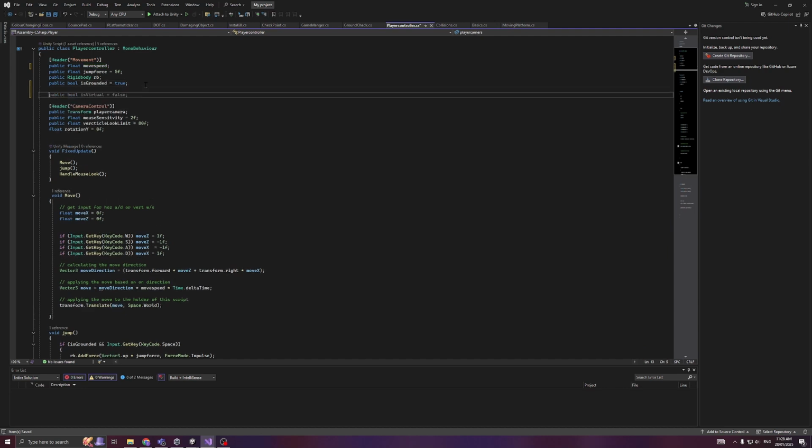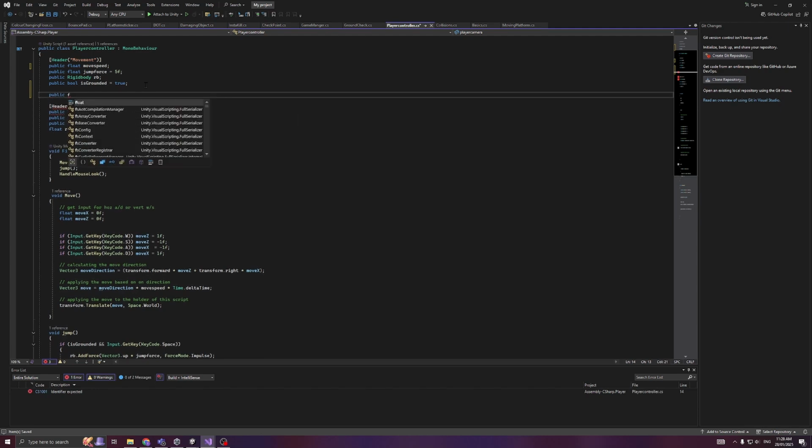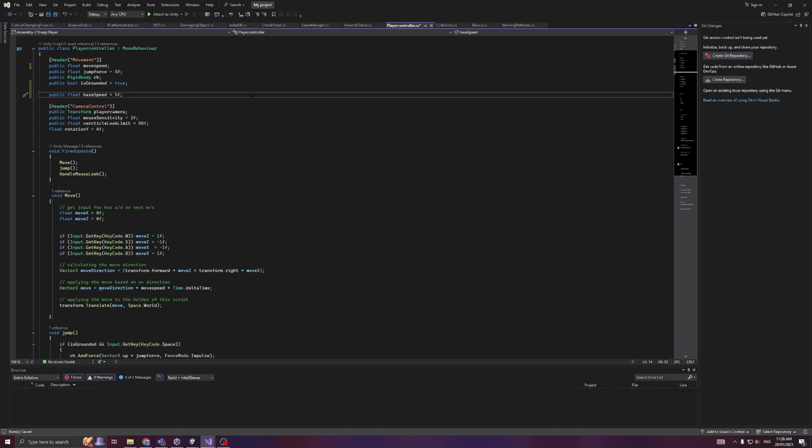Let's instead have a public float base speed. Let's set that equal to 5f because that's what our move speed was, and then we're going to